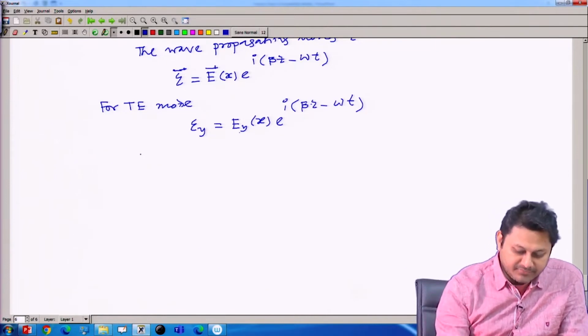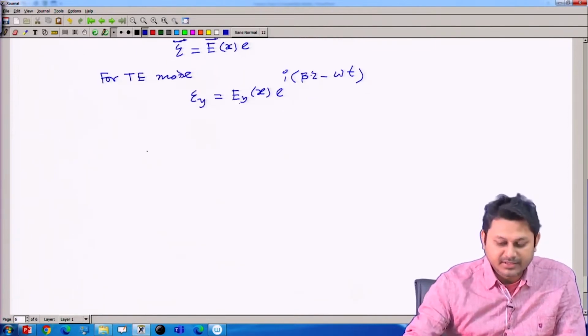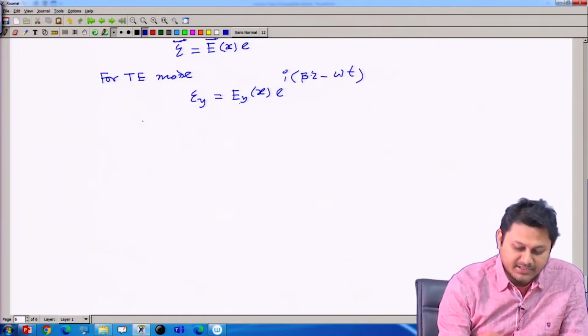Now, for real electric field, because electric field we know that electric field and magnetic field are real. So, for real electric field